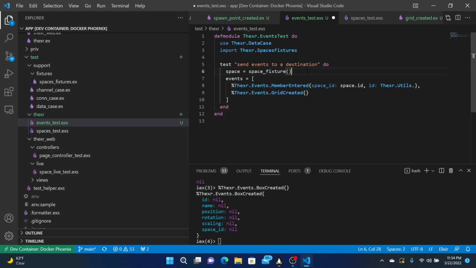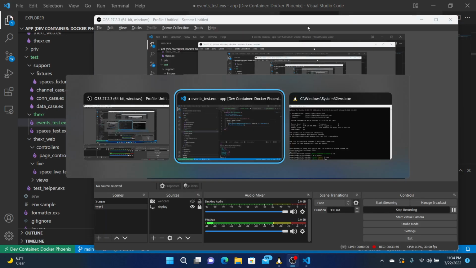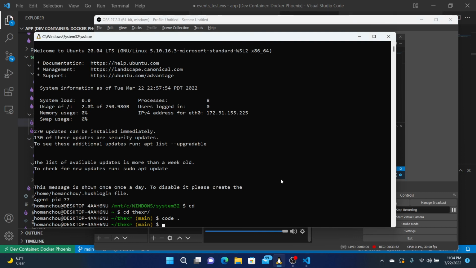Is there a way to get a UUID? I think there is.